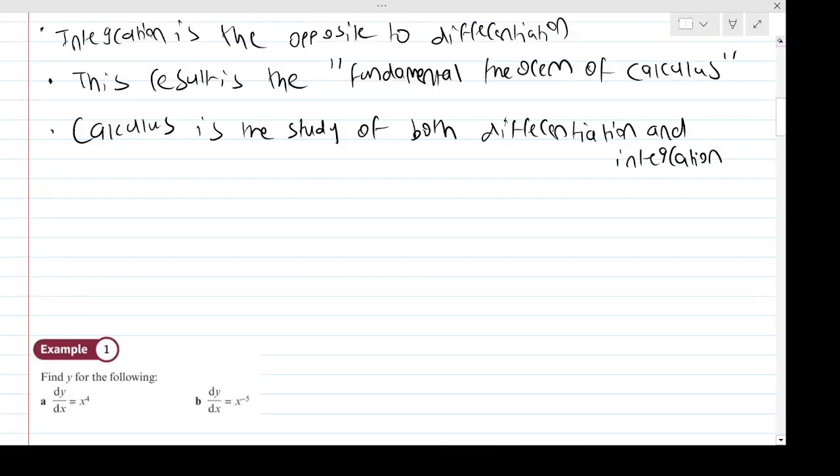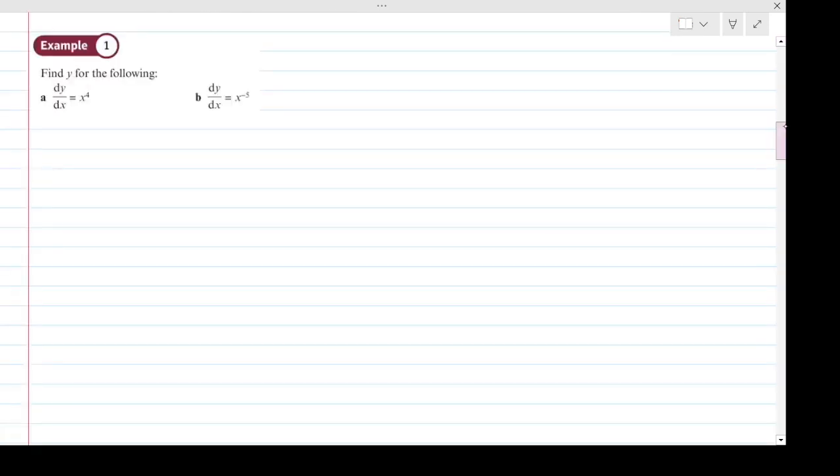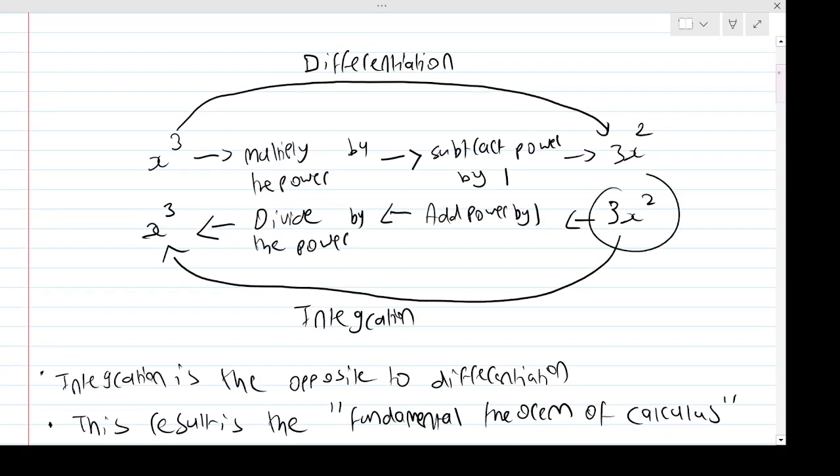So if we want to integrate, let's say, x to the power of n. Obviously last chapter we differentiated powers of x, for example x cubed. But now we want to integrate powers instead. So we want to go the other way. If we want to integrate x to the n, well, we're going to follow the flowchart. What's the flowchart telling me? If we start with this, which again is just another power of x, that would be x to the n,